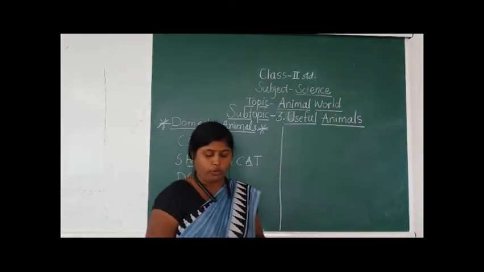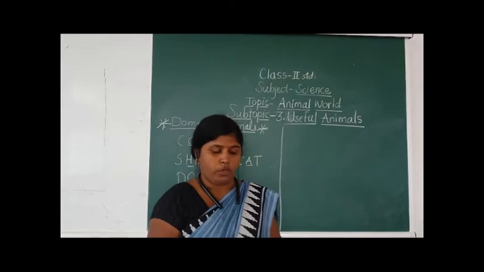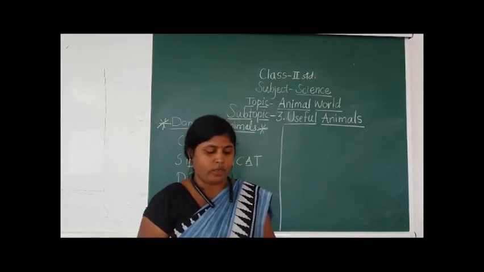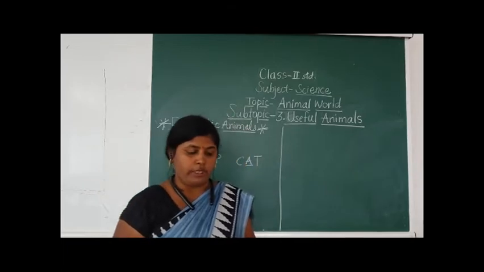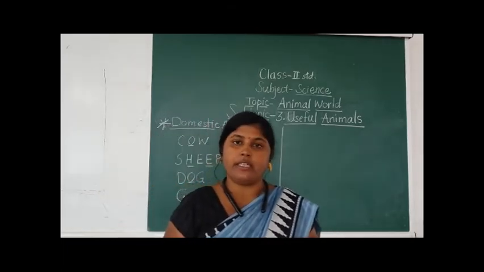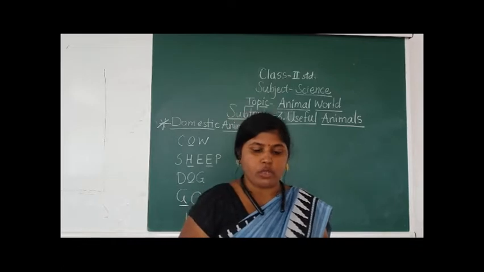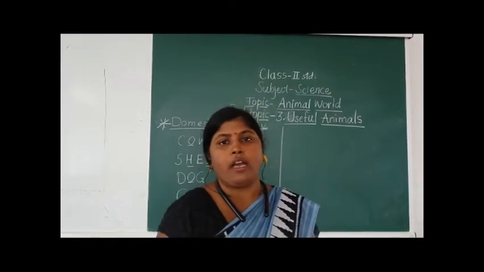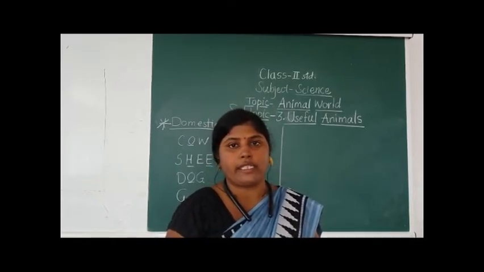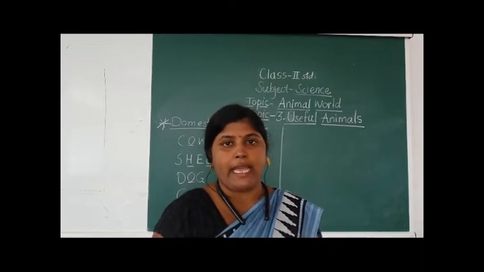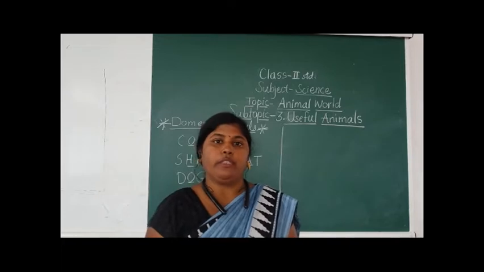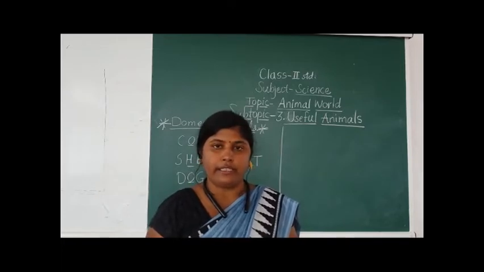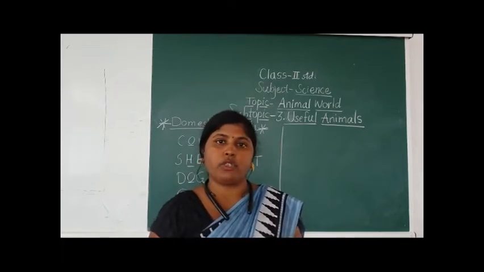Now you have to turn the page. Open page number 28. Now what is the heading? Domestic animals. So see, different animals live in different places. So see students, I hope in our surrounding we can see animals of different types. First of all, I will explain that in our surrounding, and surrounding means the area in which we live.